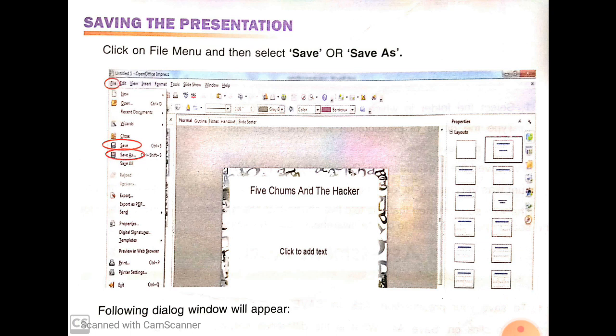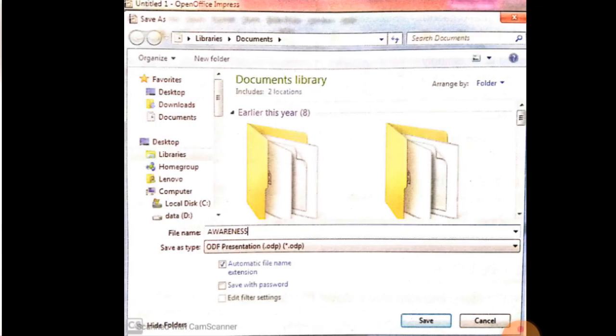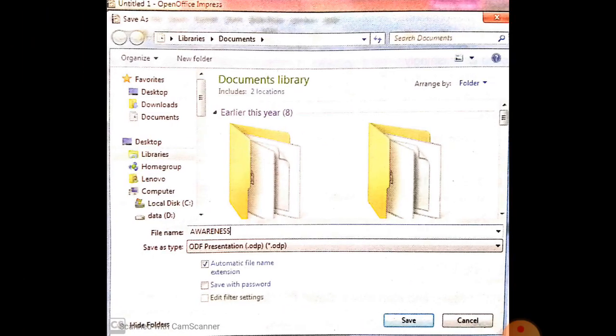As you see in this picture, first you click on File and then the Save or Save As option. Then select the folder in which you wish to save your presentation. Type the name with which you wish to save it. Click on the Save button. In this way, you can save your presentation.